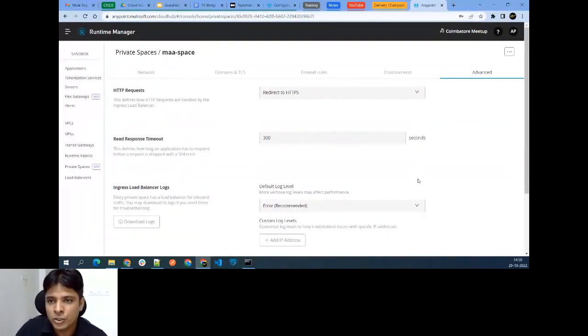Okay. So if there are no questions, we'll take the first demo, where we'll be deploying an application from our Maven to our private space. So the first prerequisite we have already done, which is our connected app, because